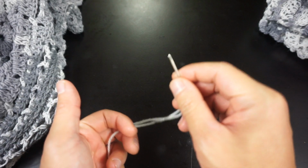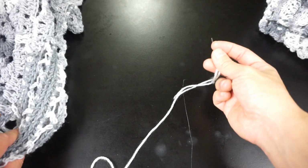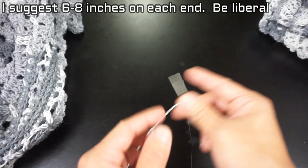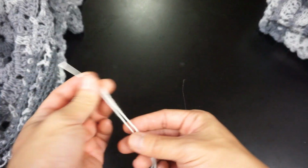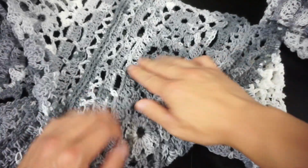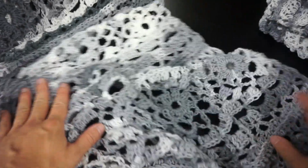I have a darning needle, and I have a long piece of yarn that I've cut out. I have measured the length of one of these pieces, and then I've added a couple of inches on each side because I chose to hide the ends by sewing them back and forth. I'll show you. But before we even get to that point, I've actually connected a few of these together like this. As you can see, this is how they look here. So connected all the way up here, all the way down there, and I've connected a few pieces. That's one right here,